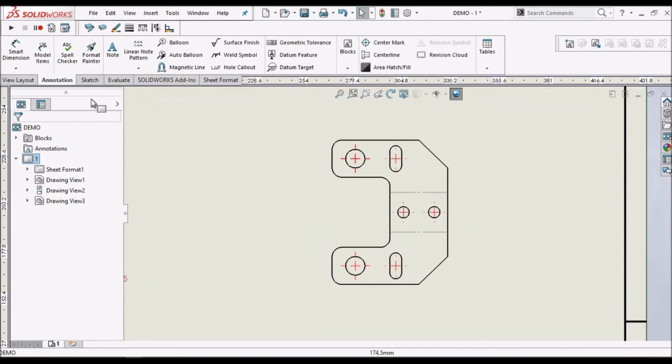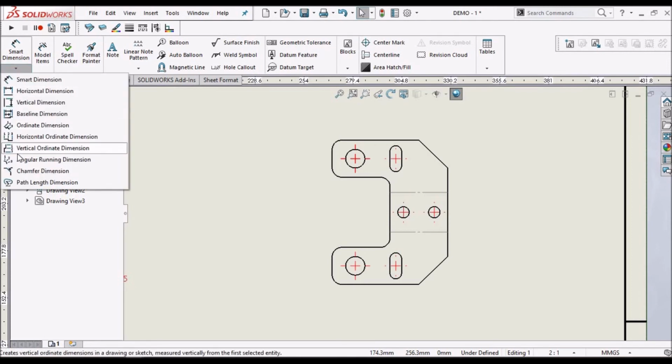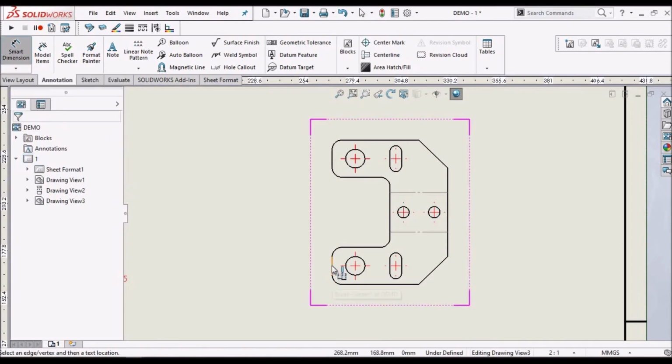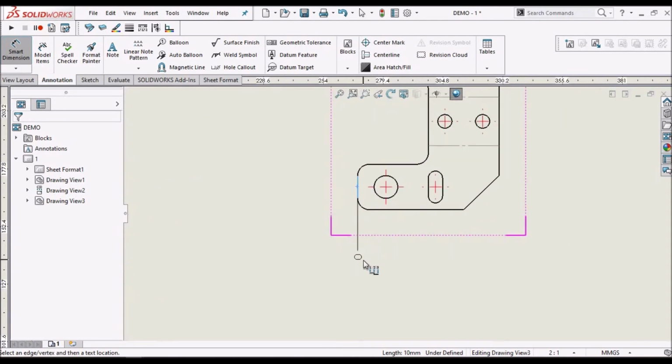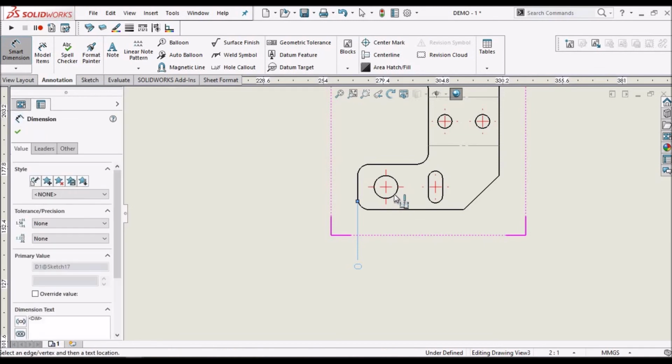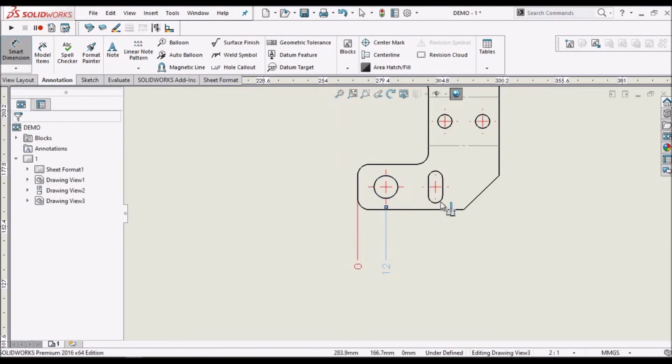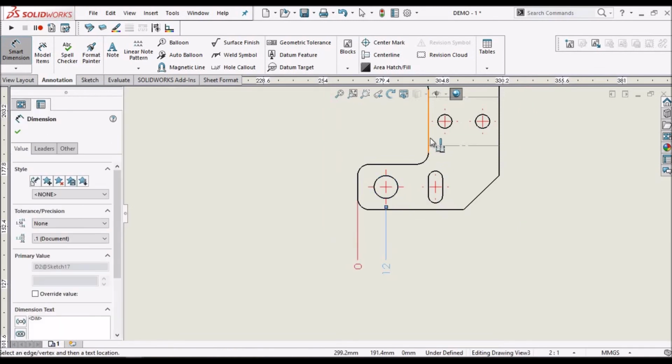So let's come to the dimensioning. So we have to show ordinate dimensions like this. We have to start from here, so this is 0, and we have to show one by one.